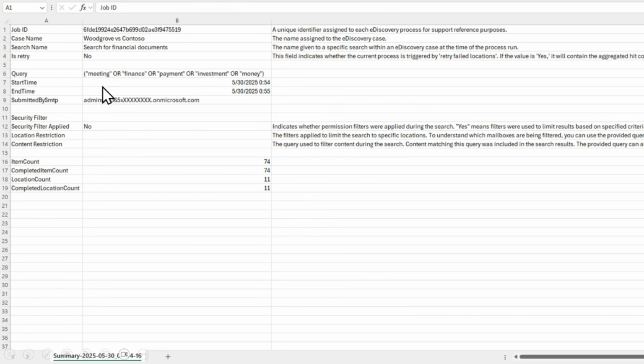I could go ahead and take a look at the case name. I could take a look at the query I ran. As we know, we just did a keyword search, and here it shows me meeting, finance, payment, investment, money. These are the keywords that I selected in the query search that Aaron ran. You can see the start and end time of my query. So it only took a second. So that would be incredible. But anyways, it's going to show me the start and end time of that query, how long it took,